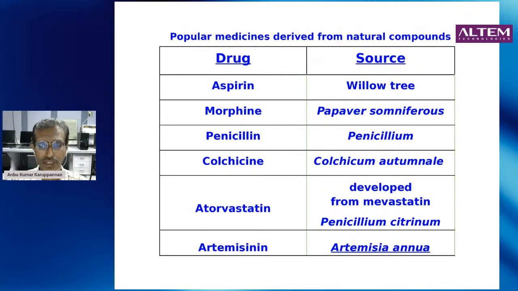Similarly, so many other drugs, like your antibiotic penicillin, are from a fungus. We all know the story of how Alexander Fleming serendipitously discovered this drug. And colchicine, which is a chemotherapeutic agent, atorvastatin, which a lot of people take now to control their cholesterol levels, or other analogs of the statin, and artemisinin, the famous malaria drug. And this discovery of artemisinin by a Chinese woman scientist, Dr. Yu, fetched her a Nobel Prize, as we all know. And so the list goes on and on and on.